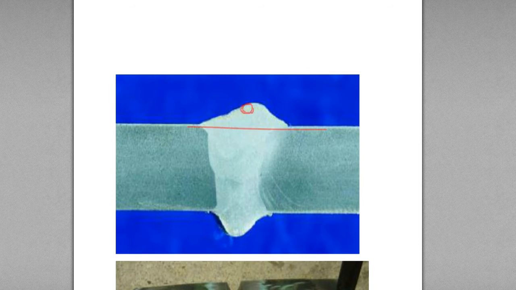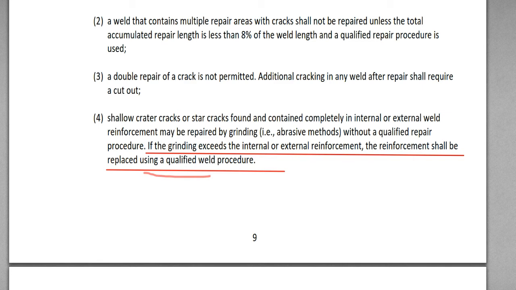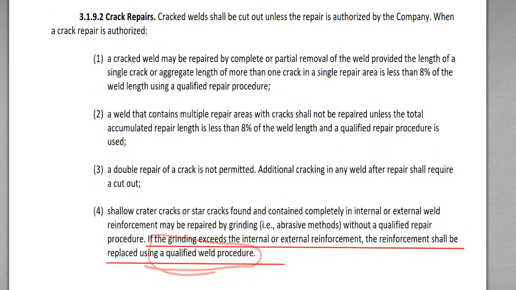If there is a star crack here, so you grind it and mistakenly you just exceed the depth of the reinforcement, so you just penetrate this amount of weld metal by grinding, then you just replace it with repair welding using a qualified welding procedure. This was